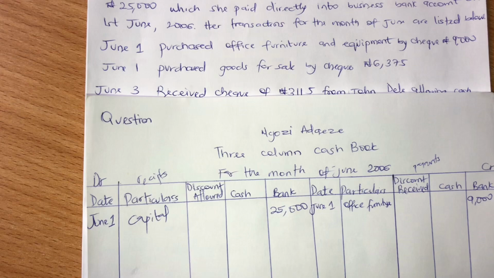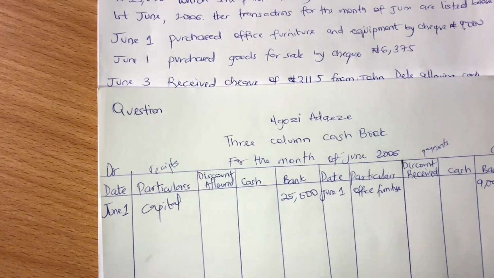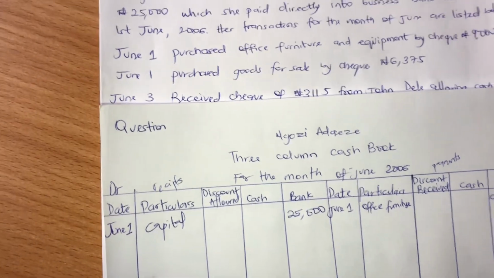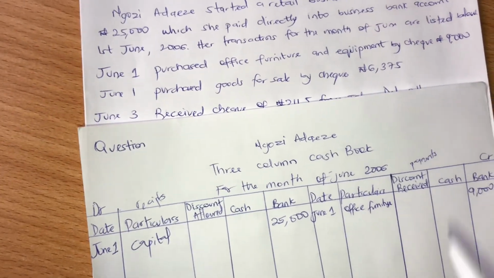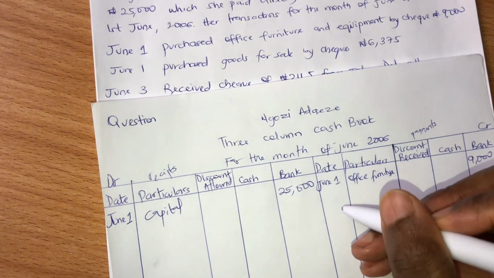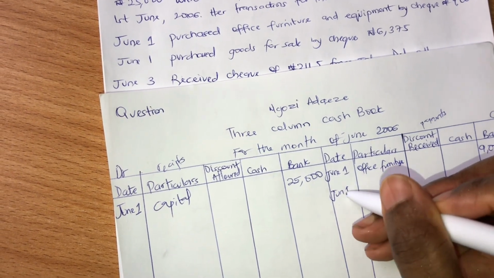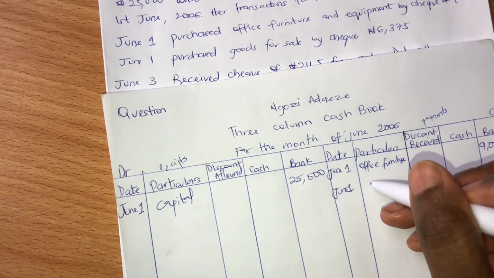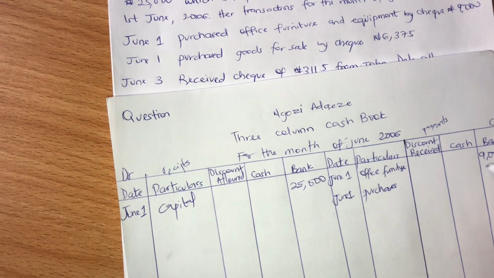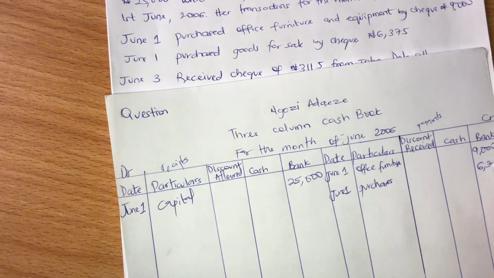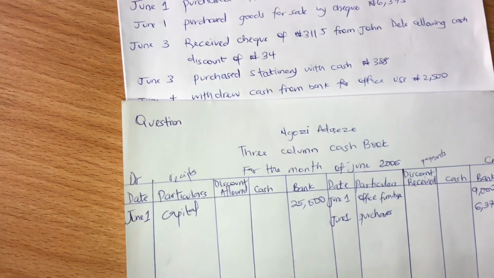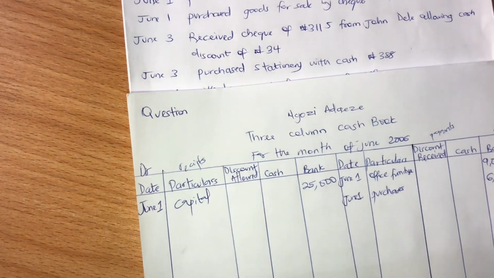So the second transaction is purchase goods for resale by check, 6,375 naira. So this is the second one here. It's also a purchase, so it's a payment. June 1st, purchases. Since it's by check, it's going to be under the bank column, 375. So the next one is June 3rd, received check of